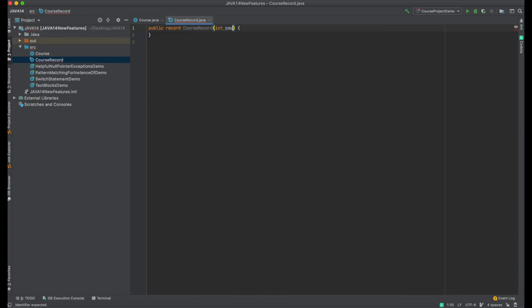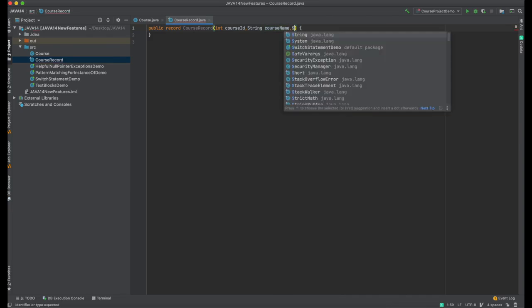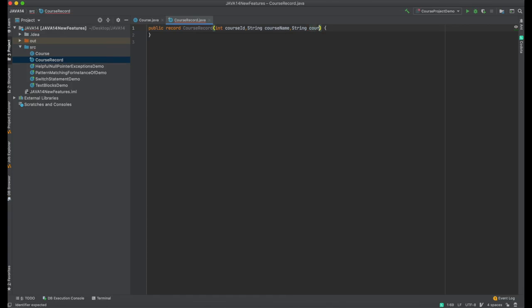Now we'll pass a few variables: int courseId, String courseName, String courseType, String duration. Okay, so I created one record.